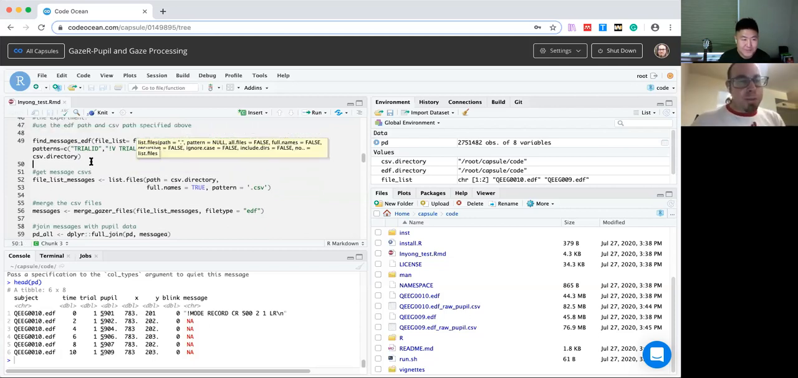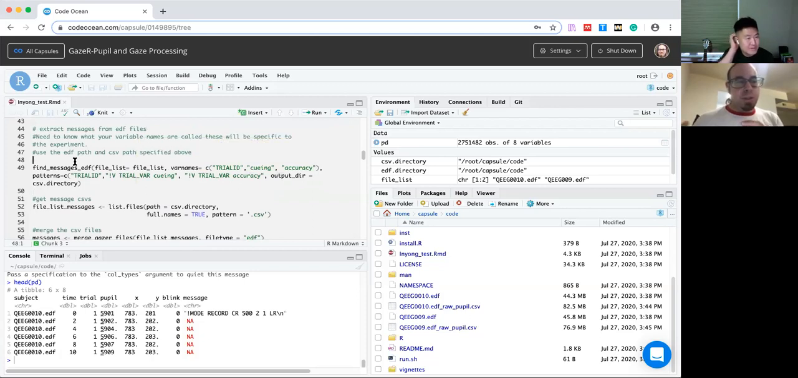Okay. So once we do that, we need to extract the messages from the EDF file. Again, for GazeR, I created a function called find messages EDF. So this takes the file list that we've